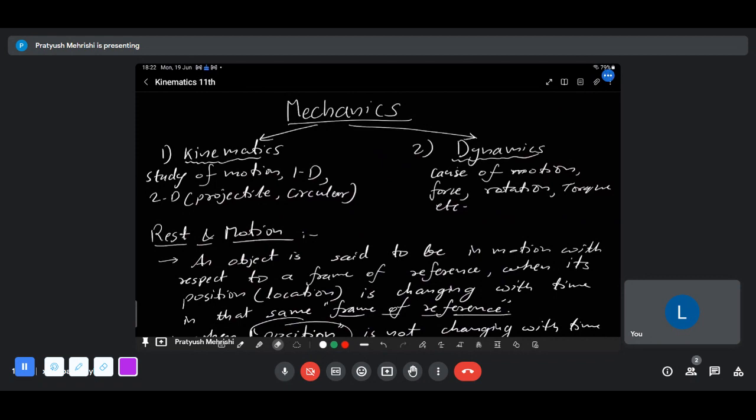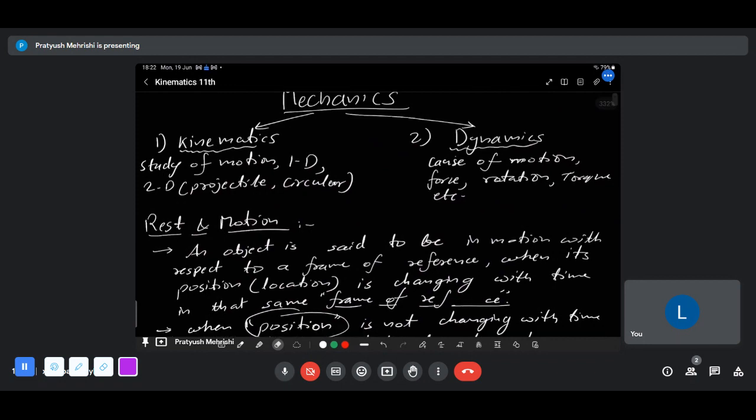It means you are at rest with respect to your surroundings, like a man sitting in a car. A man is sitting in the front seat and other family members are sitting on the back seats. With respect to him, the family members on the back seat are at rest, is it not? The distance is not changing. But with respect to an outsider, a bystander who is seeing the car moving, the car is moving. It means each and every person sitting inside the car is moving.